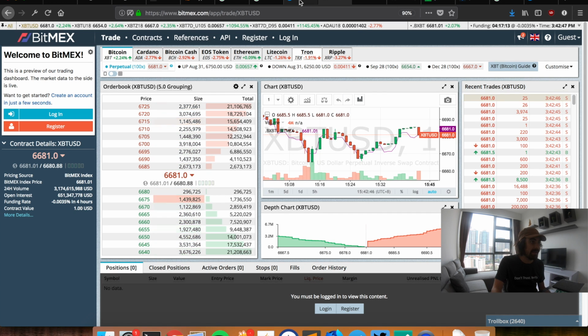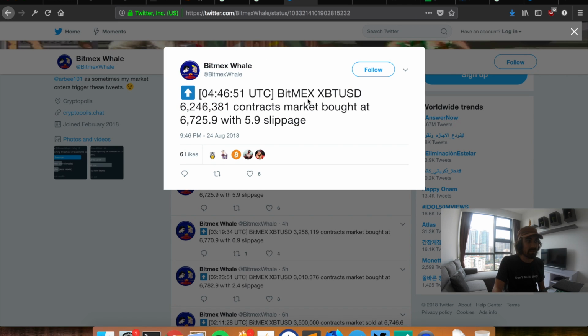A practical example of that is this Twitter bot called BitMEX Whale, which will automatically monitor all the suitcases going into BitMEX. As soon as there is a very big suitcase with a lot of money, it will report on what happened. So what we can read here on the screen is BitMEX, Bitcoin dollar market, set 6.2 million contracts. This means he came in with a suitcase full with $6.2 million. And then he market bought, so he wanted to buy from the shops that were currently selling. And this was the rate,